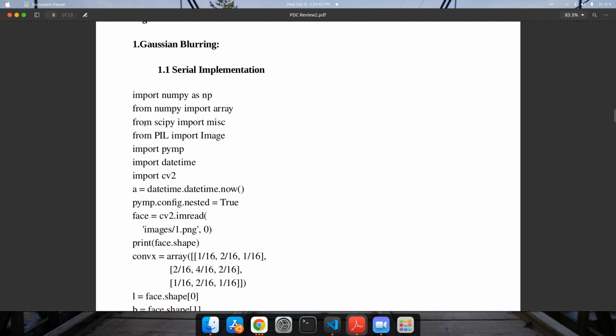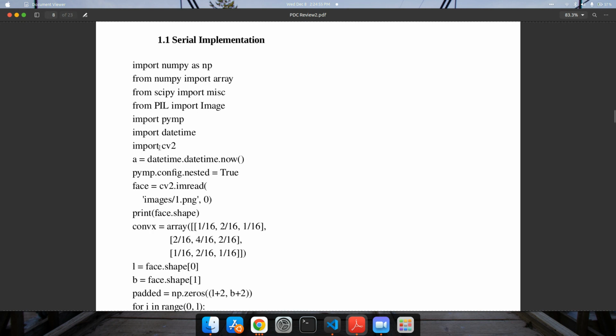We've also used PIL Image, which is used to export the output image to some output format. PyMP, datetime and CV2 we have used too. CV2 is used for reading the image from our local system.